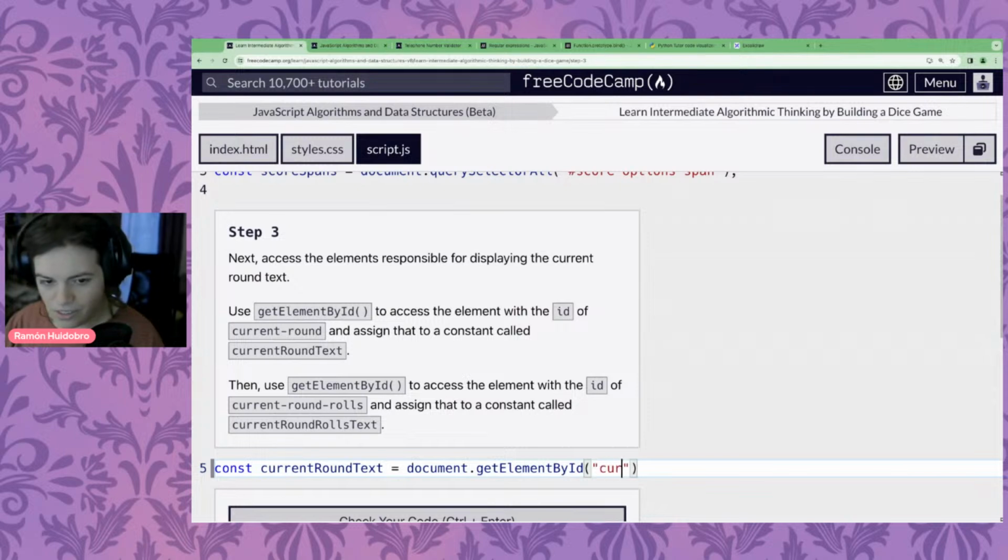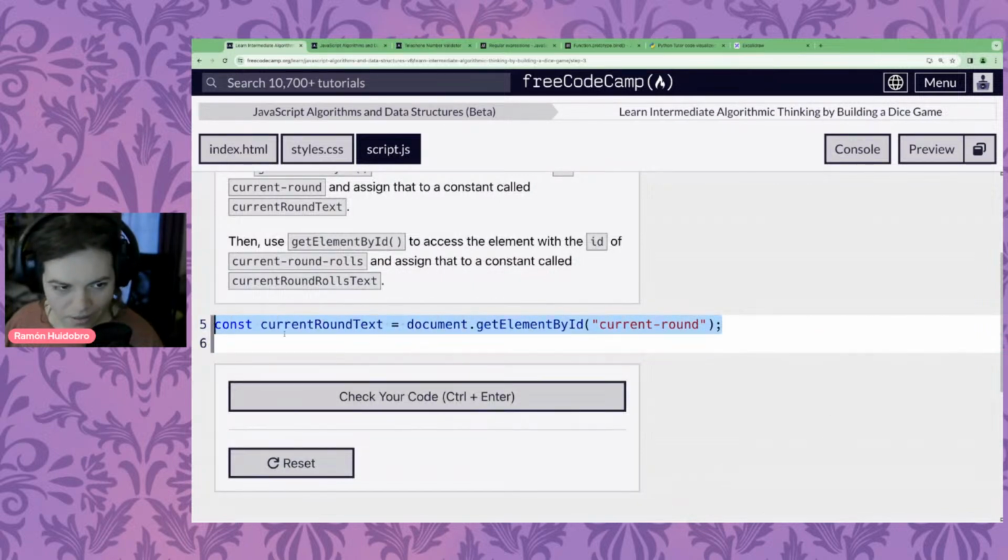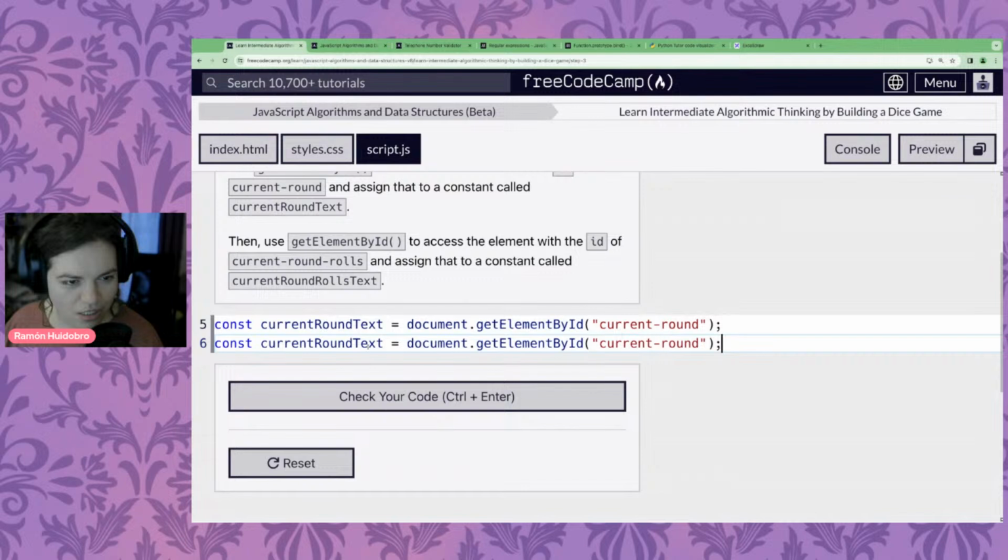And that ID is current round. That's all well and good. And we'll do the same for, will I copy paste? I think I might, because I'm noticing it's quite similar. Instead of current round text, though, this is current round roles text.